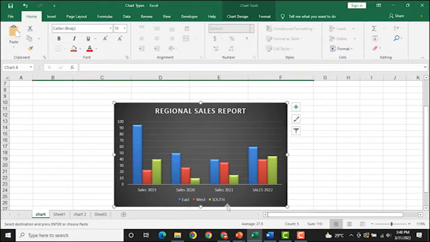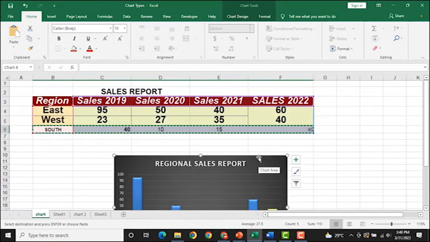Before now it was what? East and west only. Now we have south. So if you look at the green one here, or the light green here, is the south. So what I mean is that you can add a data series to your chart. Notice that we started with what? East and west, and